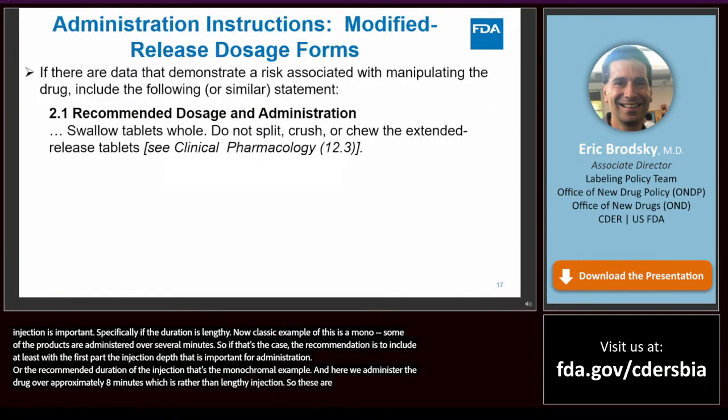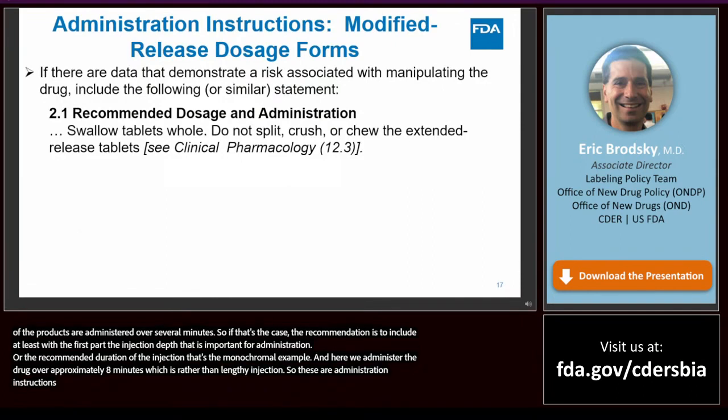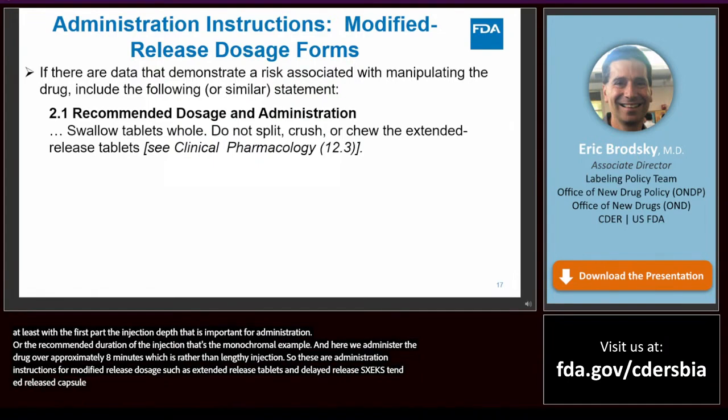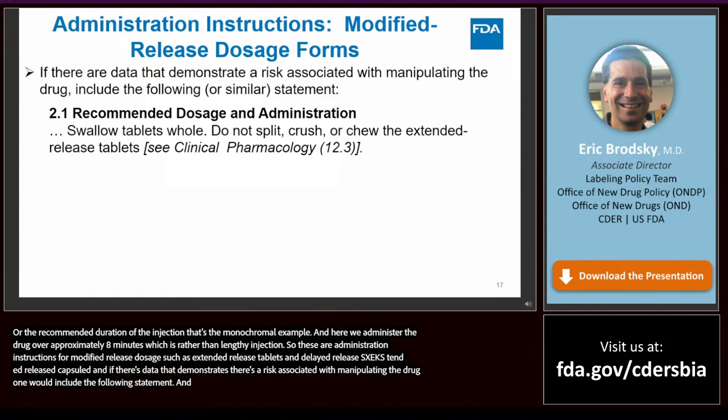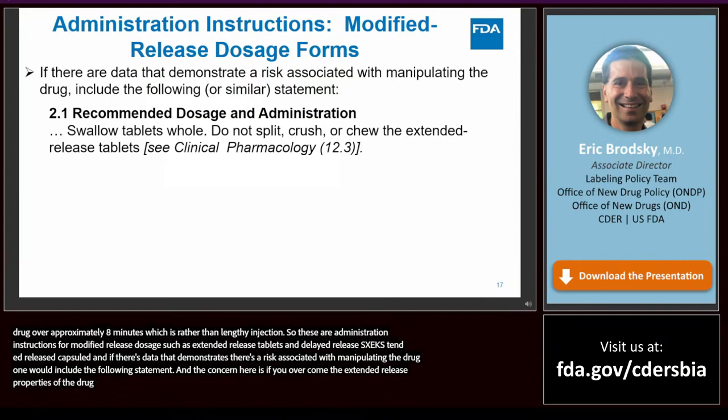So these are administration instructions for modified release dosage forms such as extended release tablets, delayed release tablets, extended release capsules, and delayed release capsules. If there's data that demonstrate a risk associated with manipulating the drug, one would include the following or similar statement. The concern here is that if you overcome the extended release or delayed release properties of the drug, you may get a total influx of the drug,